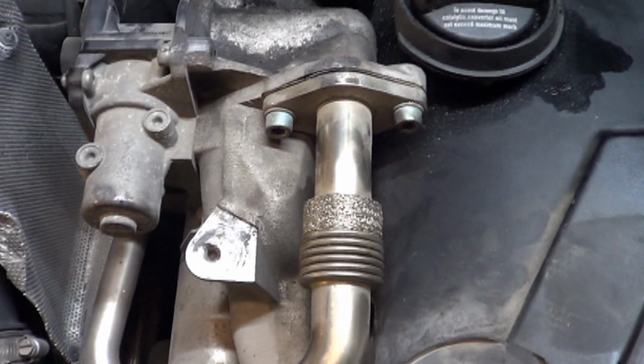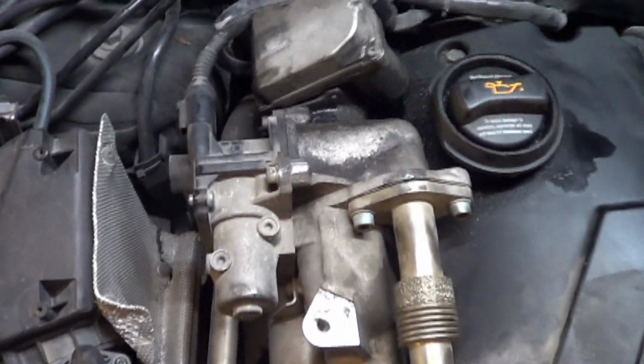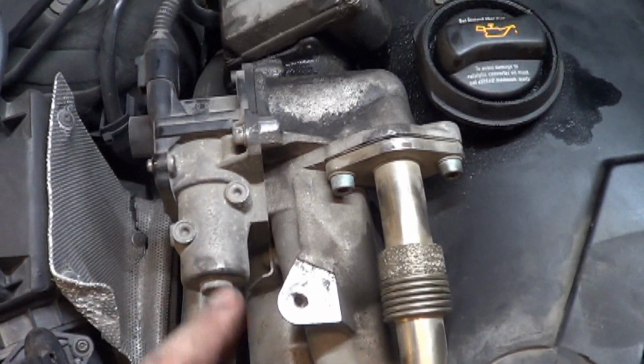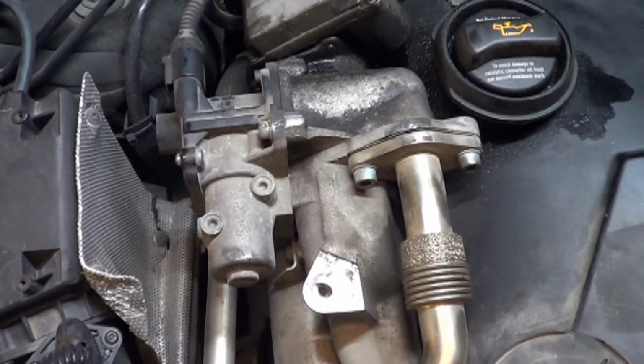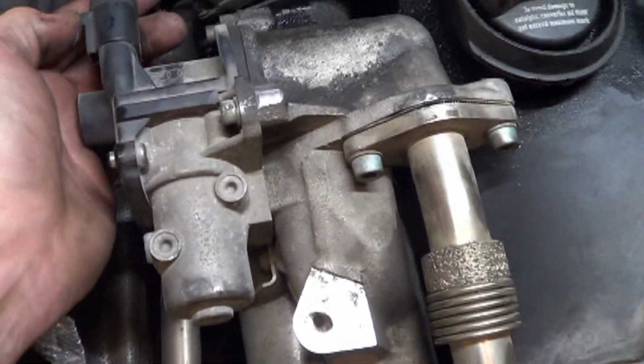Now some of you might say, why isn't it triggering an EGR trouble code? Well, maybe it was and he cleared it, I don't know. But I do know from experience, these things stick. They cause problems like this and worse. And sometimes they don't trigger codes. You would think that they would, because